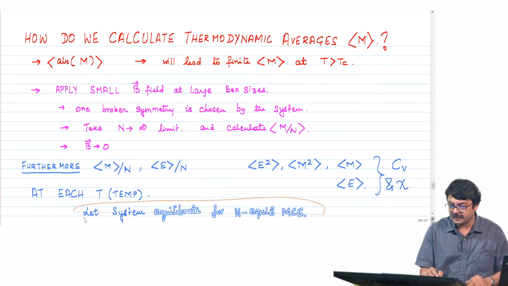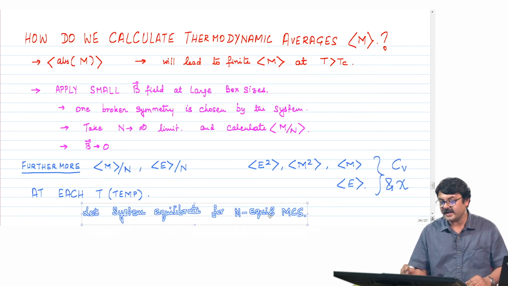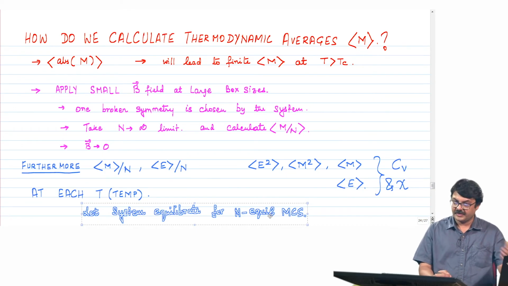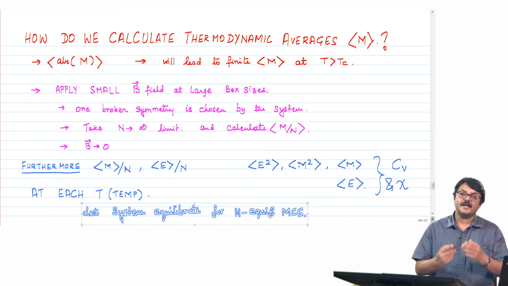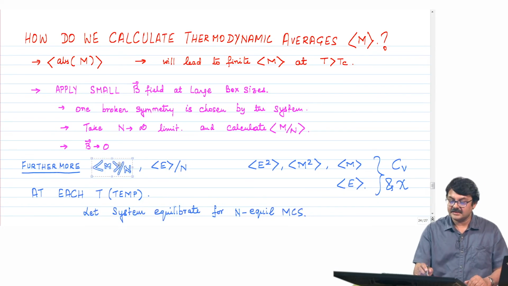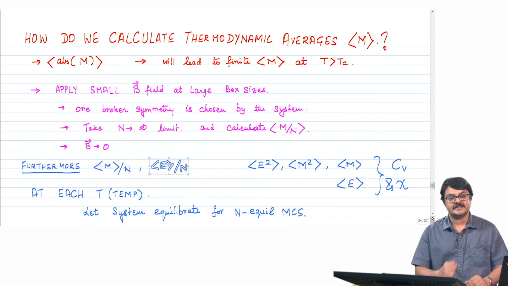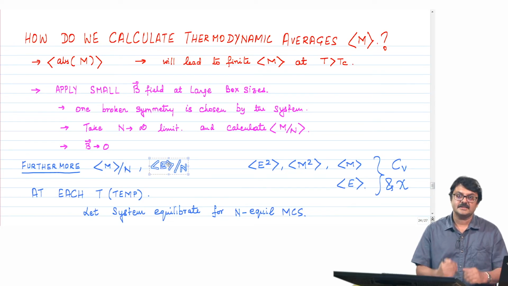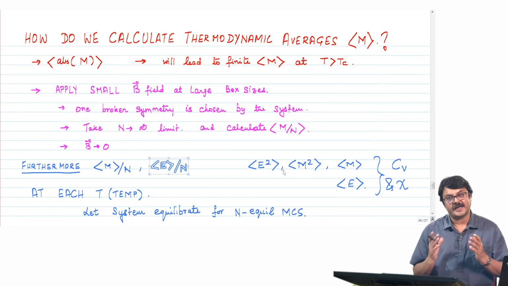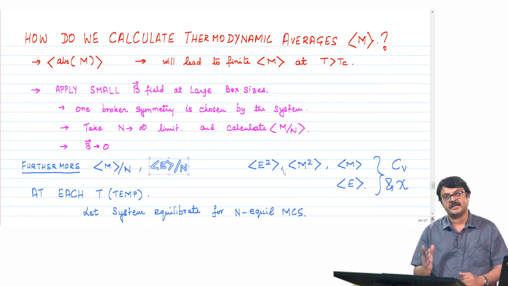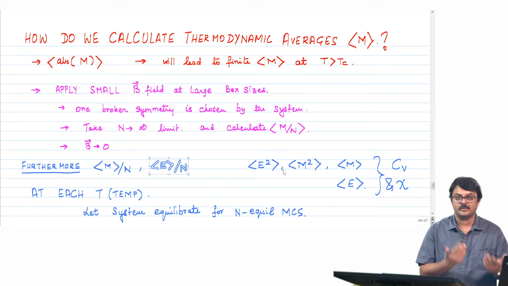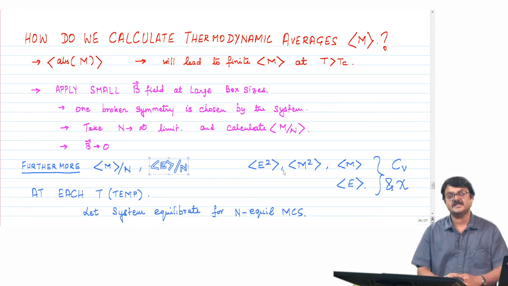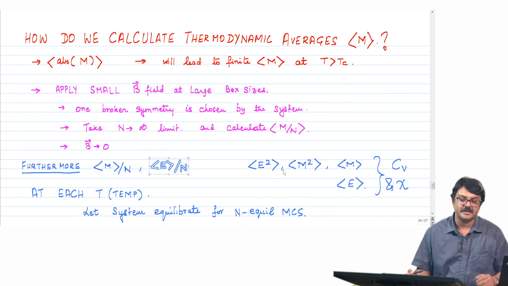Basically, we have to equilibrate the system for, say, n Monte Carlo steps, and we have to implement that in the code as well, and again measure these thermodynamic averages, change the temperature slightly, measure these thermodynamic quantities, and keep writing these in a file. At the end of our simulation, we would have done it for, suppose, 15 or 20 different temperatures between, say, 3 and 1.5, or we can even increase the range. We have the thermodynamic quantities and we shall plot these quantities as a function of temperature.